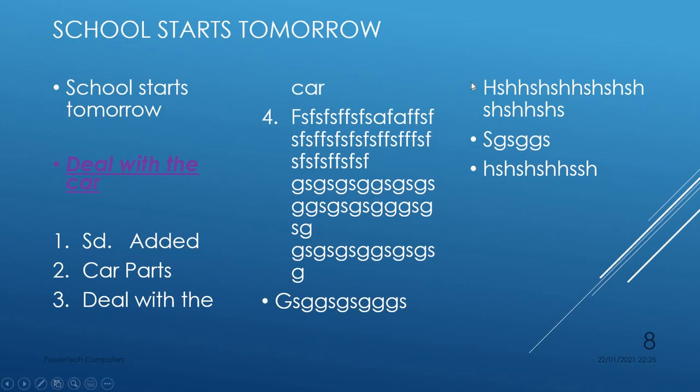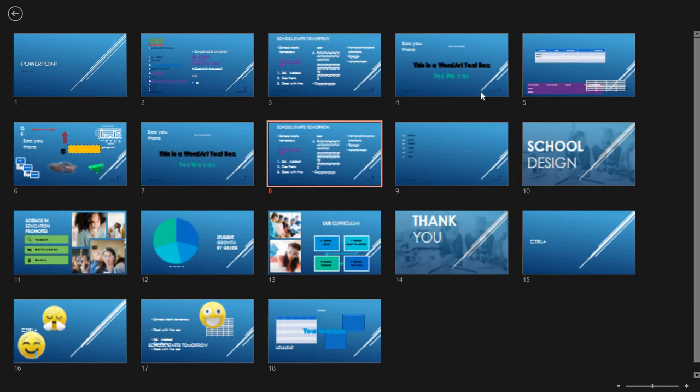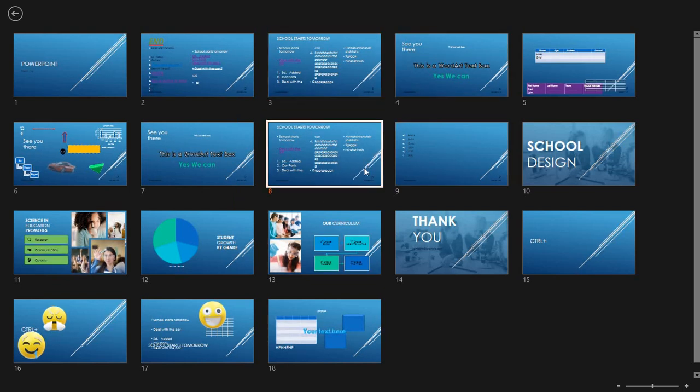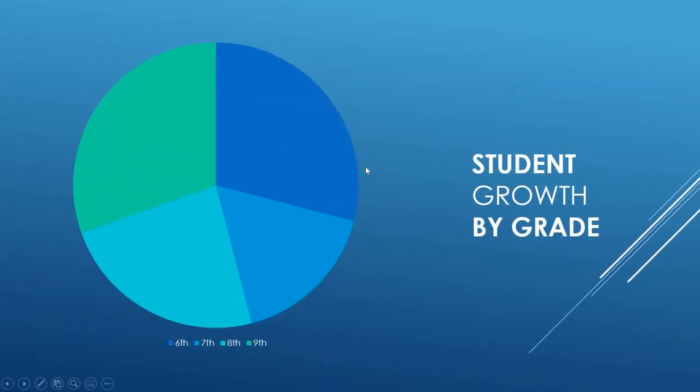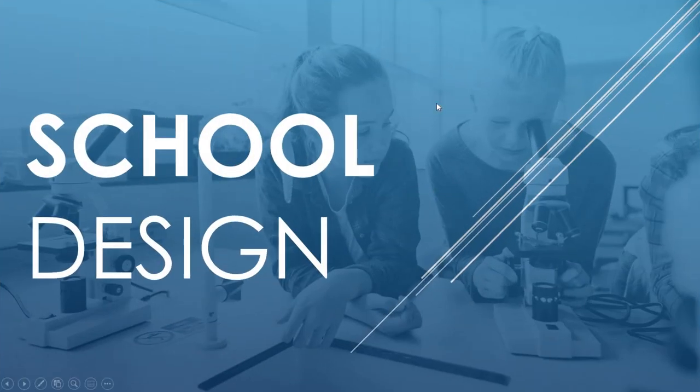And let's say I want to go to a particular slide which is not either my next slide or my previous. So I will right click. Let's say I want to go to slide 12, and I'll say see all slides. Within my presentation I can see all the slides, and I want to go to slide 12, and I can click this one, and there you go. And I can continue or go back the way I came by right clicking, see all slides, and go back to slide 10. Okay, and if I right click again,